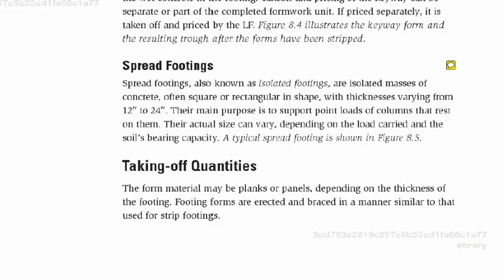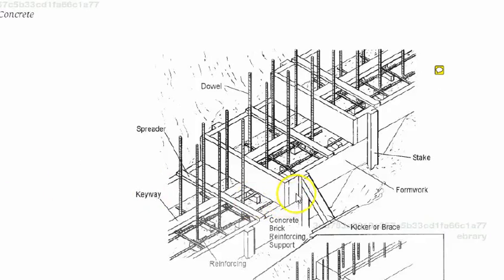So again, look at the takeoff quantity sections and you'll be able to see the kind of items that you need to consider, or what units you use. Again, you'll see on this drawing the planks that might be set in place, kickers that will hold and support the planks. And again, you need a lot of support. Concrete is heavy, and when you're putting it into these walls, there's a lot of load against the forms,